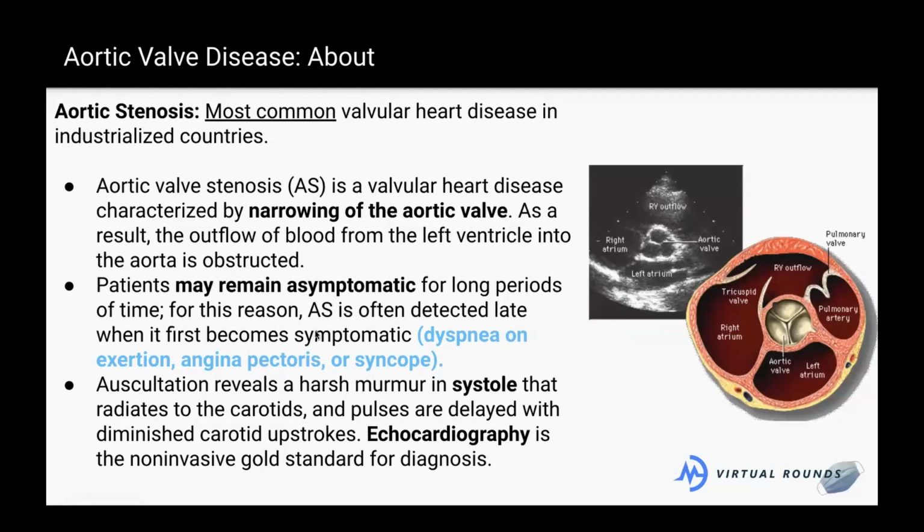Here it's saying patients may be asymptomatic for a long time, so it's often detected late. Lots of elderly people have aortic stenosis, but many of them don't know it because we call it subclinical, but that doesn't mean they don't have aortic stenosis. Oftentimes the first way that we see it is quite late in the disease progression, like with Mr. Pena, and it's dyspnea on exertion, which is, I feel out of breath when I'm walking. Angina, that's that exertional chest pain, or syncope.